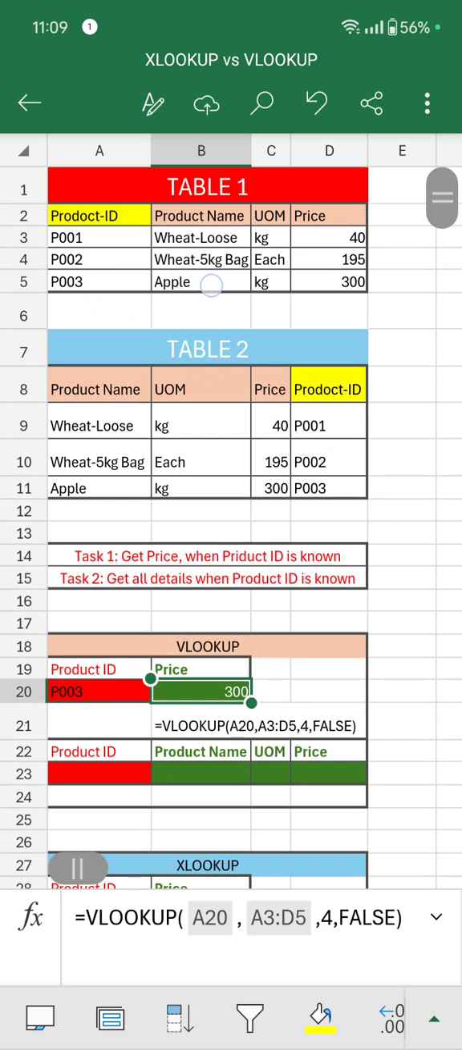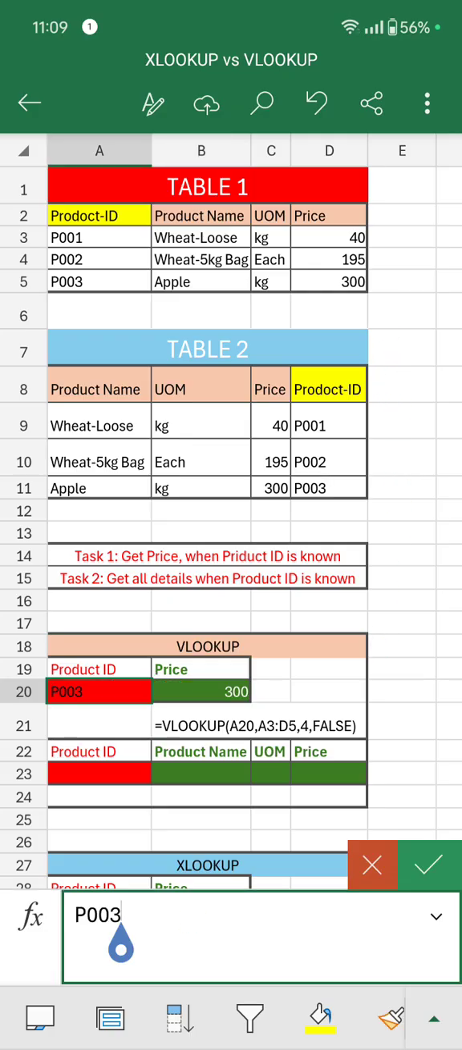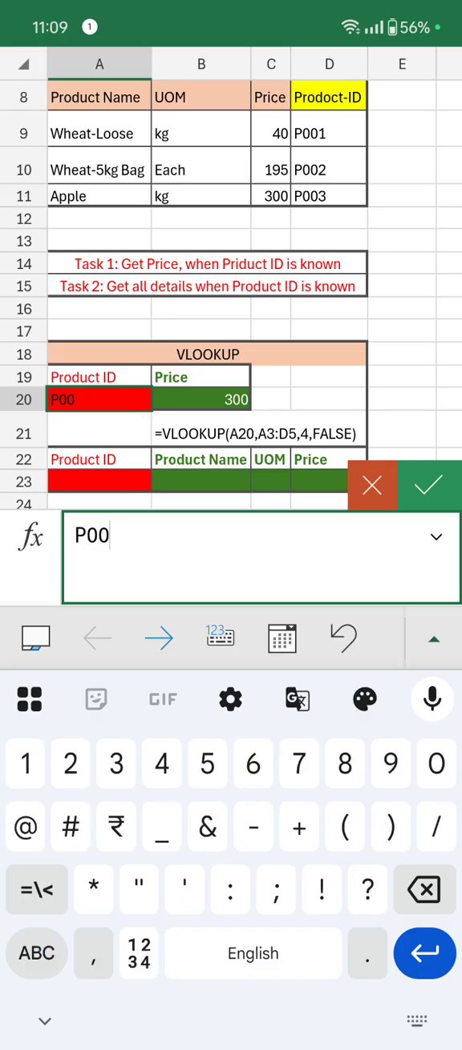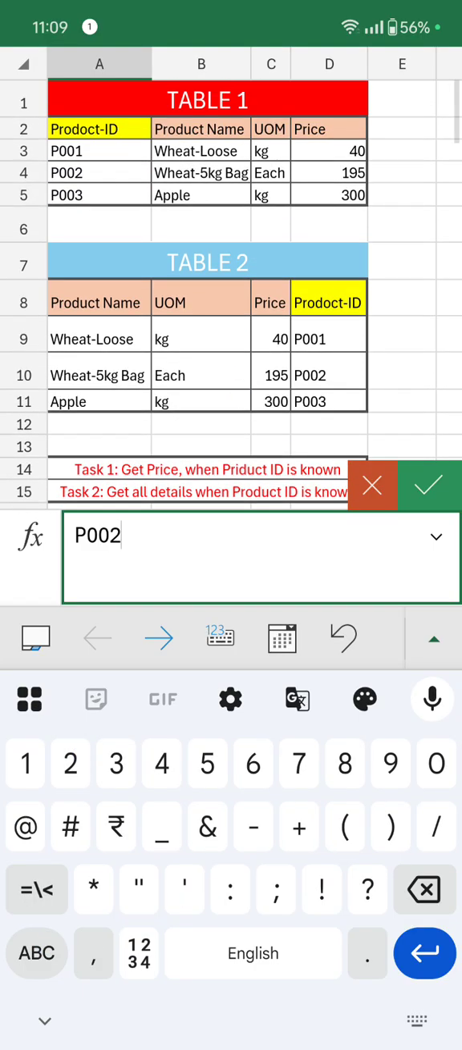P003, for that the fourth column is having 300 as the price. So let me change it. Instead of P003, I'll just use P002. So what is the price we should get from here? It is 195, isn't it? So wheat 5 kg, the price is 195. So P002 is in the first column, whereas in the fourth column we have the price 195, which we are getting,